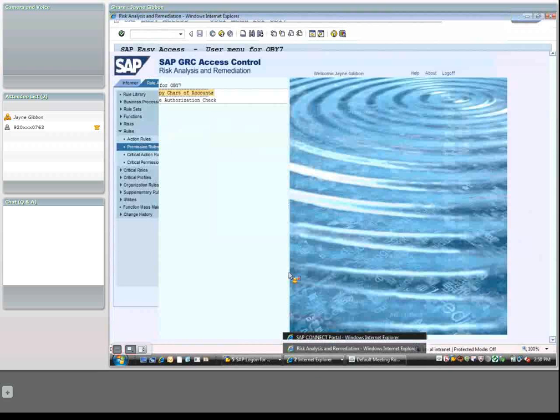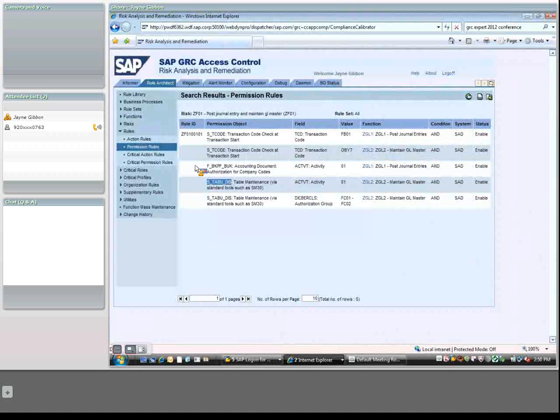So this, again, is a way you can prove to your managers that the report showing in risk analysis and